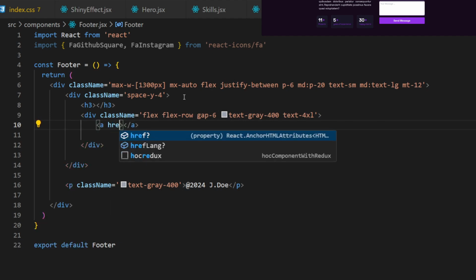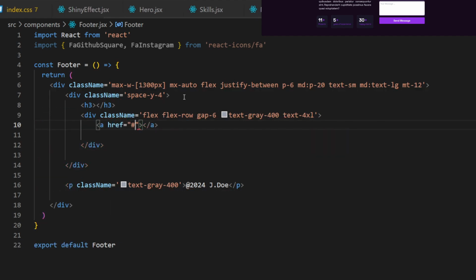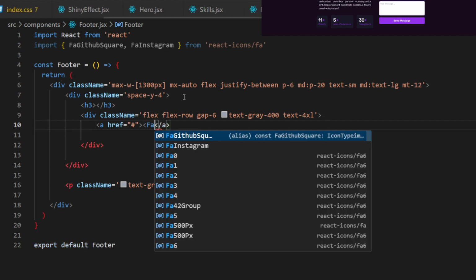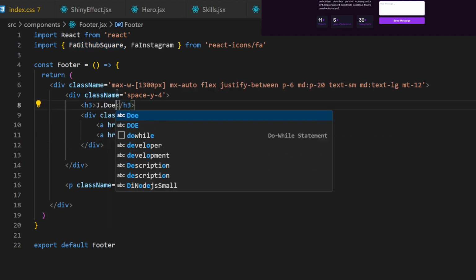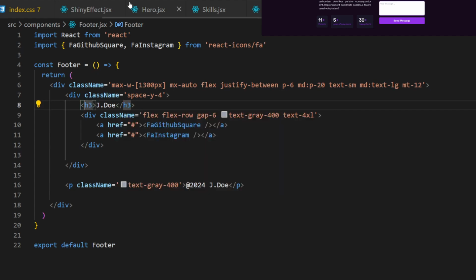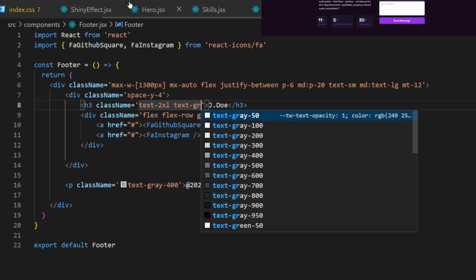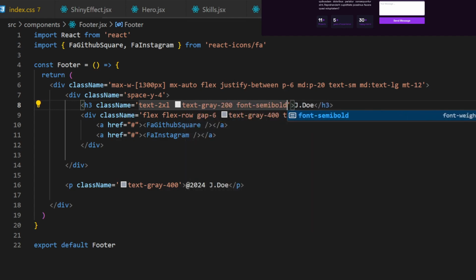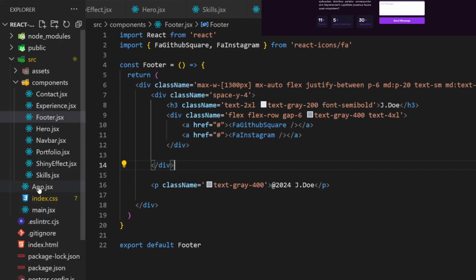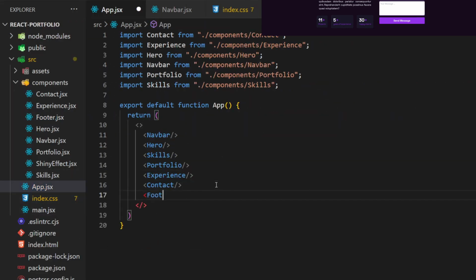anchor tag with href and FaGithub, copy it, paste it, FaInstagram, heading 3 will be JDO, class name will be text to XL, text gray 200, font semi-bold. Now we need to import it, so go there, footer,